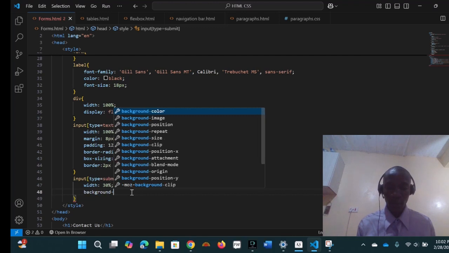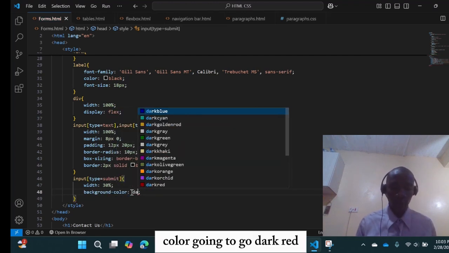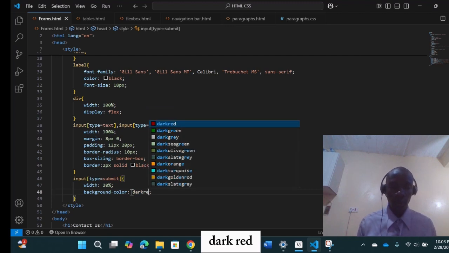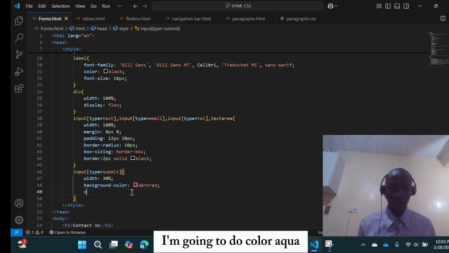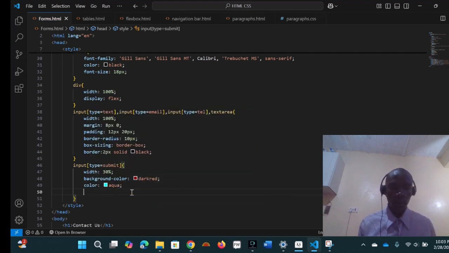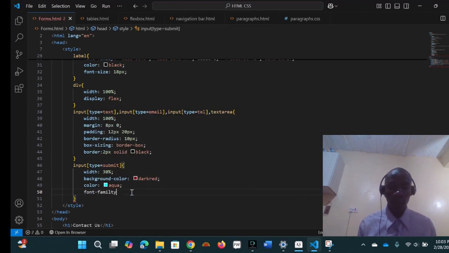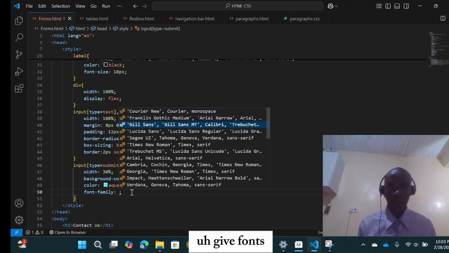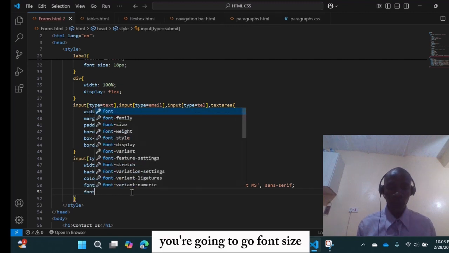Background color is going to be dark red. I'm going to do color aqua. We're going to go font family, Gilson's. We're going to go font size,